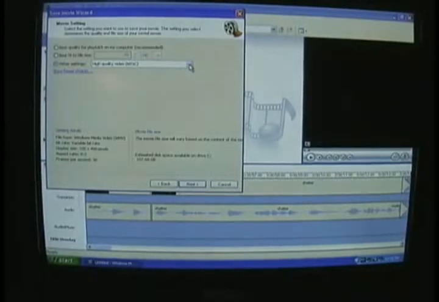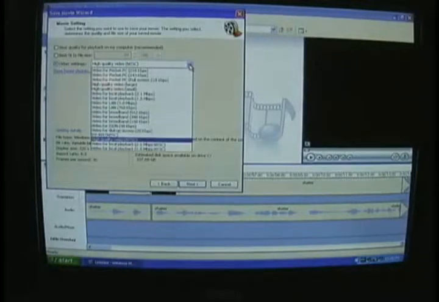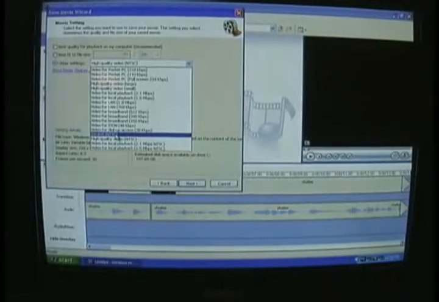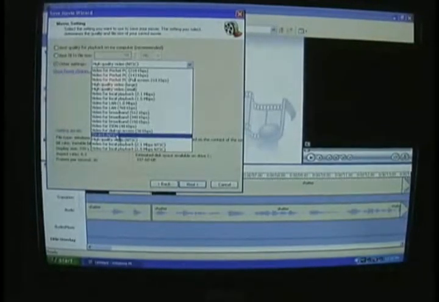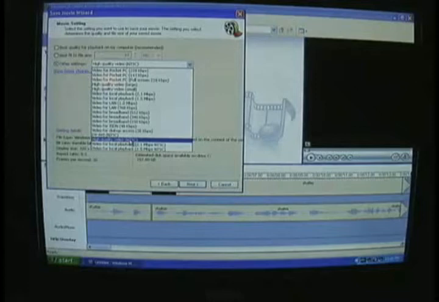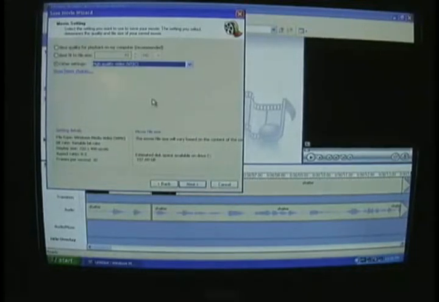Now, if you are saving this and you plan to put it on a DVD, or you want to do more editing to it, you will come down to DV-AVI and save it on there. That way, it will not lose any quality when you edit it or put it on a DVD. But if you save it to that file, it is too big for you to upload onto MySpace or YouTube. So, come down to high quality video, left click on that. That is what you want to save it at, so that it will still look good, but be able to be uploaded online. Then you click Next,